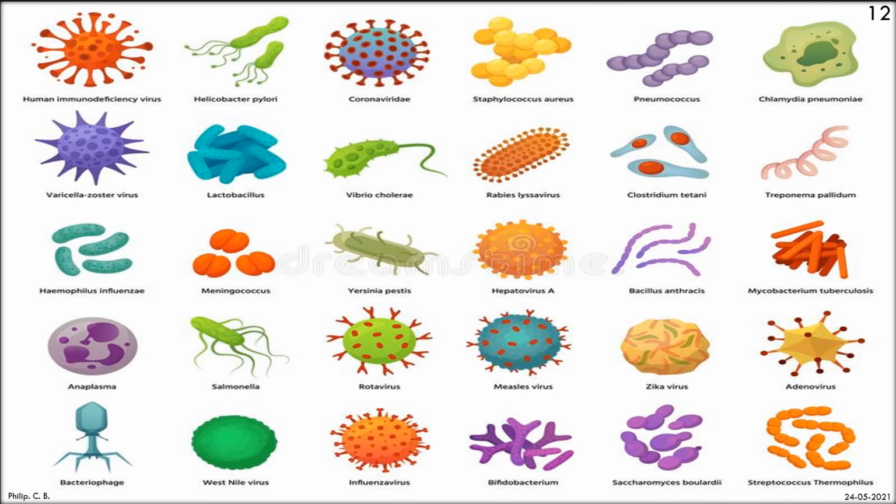Now again here various images of viruses as well as bacteria are shown, starting from HIV virus, Helicobacter pylori, coronavirus, Staphylococcus aureus, which is a bacterial infection, pneumococcus, again a bacteria, Chlamydia pneumoniae, varicella zoster virus, Lactobacillus, Vibrio cholerae, which is a comma shaped bacteria, this Lactobacillus rod shaped, rabies, Lassa virus, Clostridium tetani, Treponema pallidum, Haemophilus influenzae, meningococcus, again a bacteria, Yersinia pestis, hepatovirus A, Bacillus anthracis,